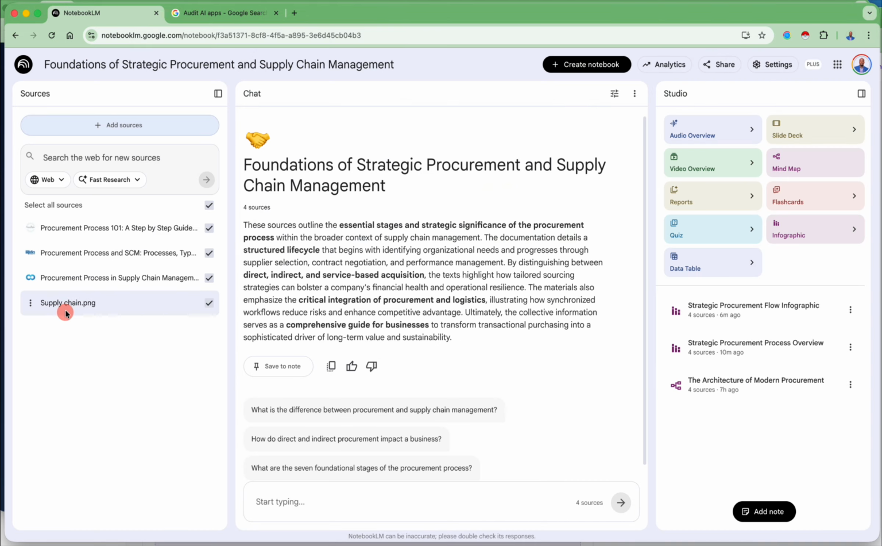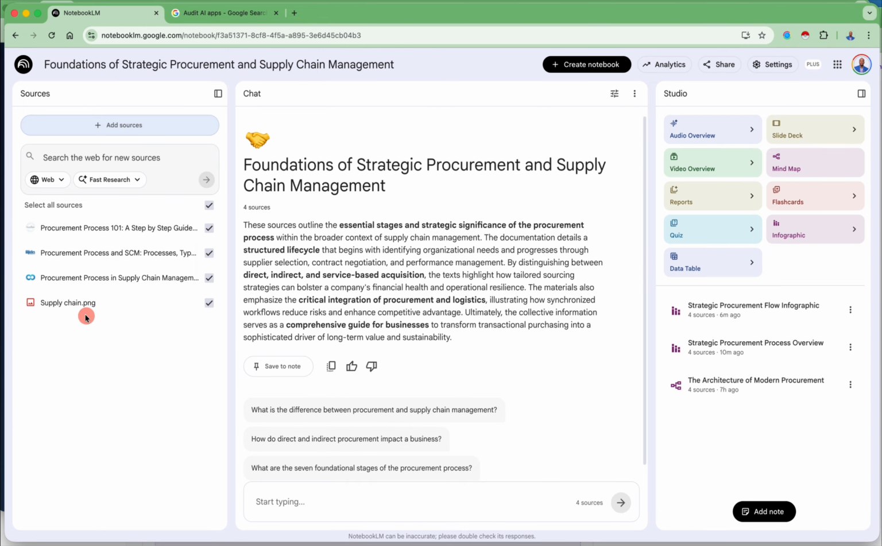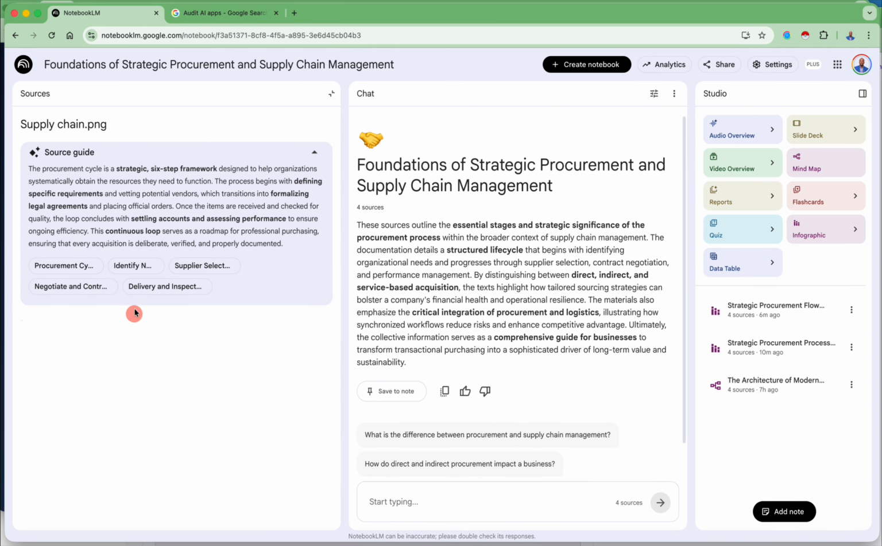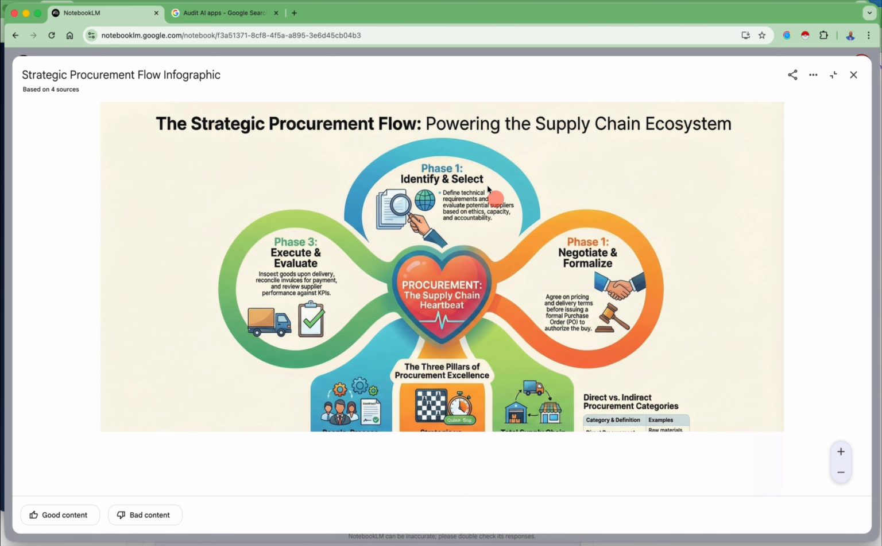Then also you can even upload images by uploading files here. So I have an image uploaded. It is a procurement cycle. Then all these websites are also explaining and teaching about procurement cycle and supply chain. So I have gone ahead, created an infographic by just clicking on Studio. You click on Studio, then here we go. Now this is our infographic,